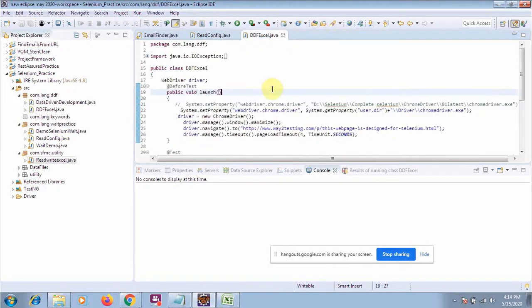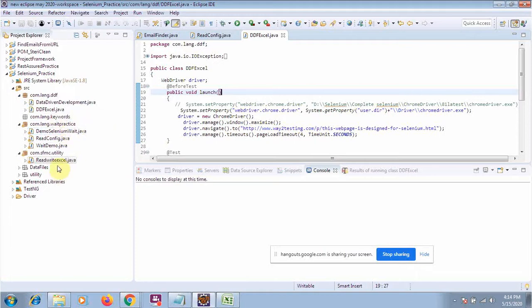So now I will just create the method based on that keyword. Always remember, whatever keyword you have given, you have to give the same name to your method. Okay, so now let me create a class.